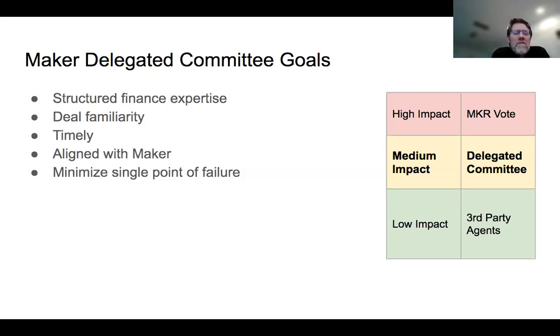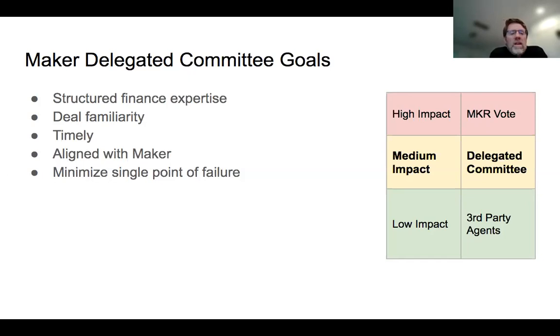And this one, number 4, is a big one. You want to be aligned with Maker. At the end of the day, you want people that are there to maximize value to Maker. They zealously guard Maker's interests. This is one of the reasons, for instance, I would not suggest you let the borrower create and manage too much of this, or you wind up with the fox designing how to guard the hen house. Typically not a great strategy. So you've got to get folks that really put Maker first and foremost.